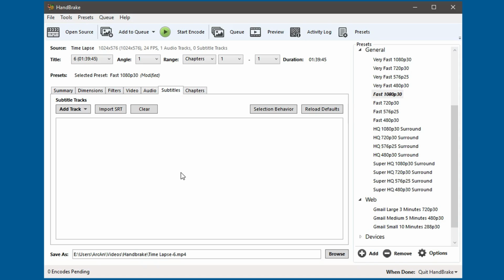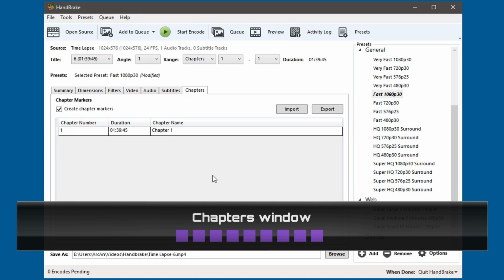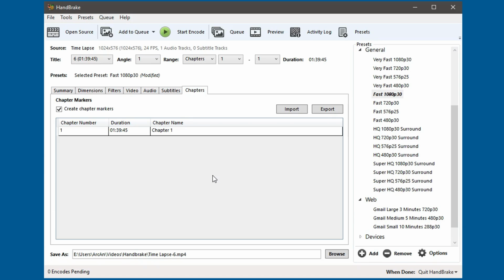That's the end of subtitles. Chapters. If you've got new chapter markers, you can import them. But just like subtitles, I think for most people, they're not really interested in chapter markers. So I recommend actually turning that off unless it's important for you. So that's all the settings in the front end of Handbrake.